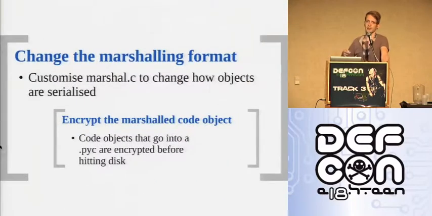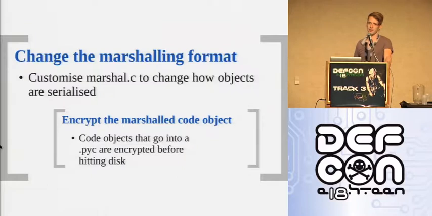Changes to the marshalling format. As we said, there was the 4-byte magic number, there's a 4-byte timestamp, and then there's this marshaled code. Obviously, the marshalling happens in a standard format. If they go in and go to marshal.c in the CPython runtime and change how it's marshalling things, then obviously all the standard tools won't understand how to unpack it. They can get